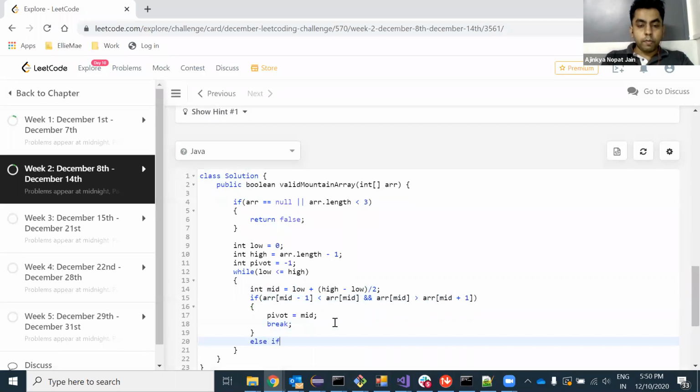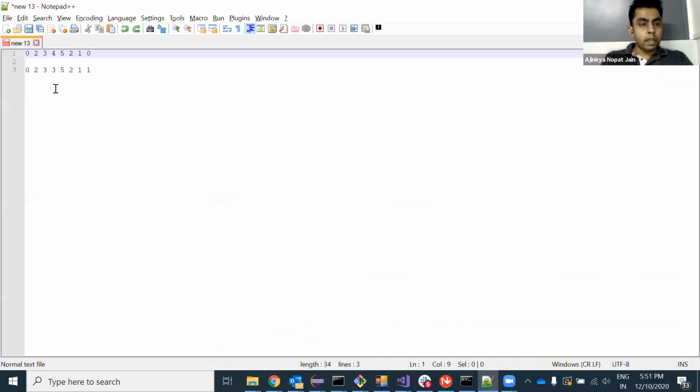Now, if we did not find the pivot, then we have to search in either the first half or the second half. So let's say initially when our mid is 4, we can see that it is not the pivot element. If it is less than the next element, then the pivot lies on the right side of the 4.